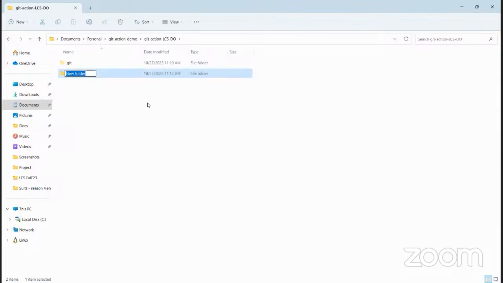Let me create a new folder, and this folder will be called .github, because if you remember correctly, I said that every workflow that you're going to be creating has to be in a folder called .github. In the .github folder, you have another folder called workflows. Inside here is where we can now start creating our files. So if we switch back to my Visual Studio Code now,